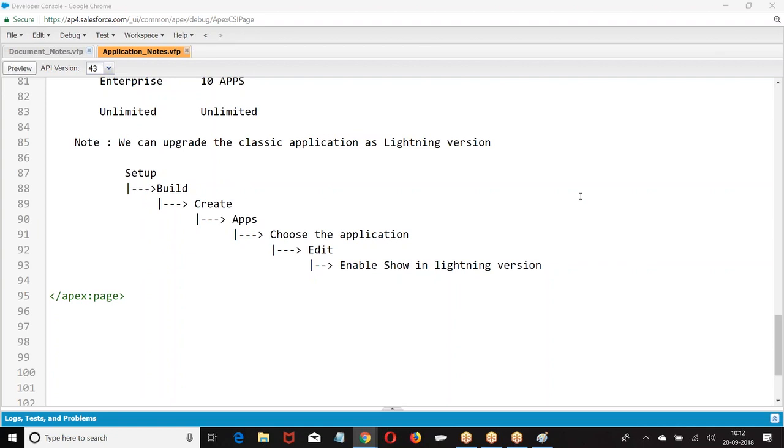Yes. Say I created two apps in Lightning. One is created directly, and one is upgraded. Is there any functionality difference? There is no difference in the functionality. Right? If there were a functional difference, why would I upgrade? I'll use Classic only. If I don't get the same functionality as what I'm using in Lightning, why would I upgrade my existing application? There will be no functional difference. Okay, yes, what is your query?